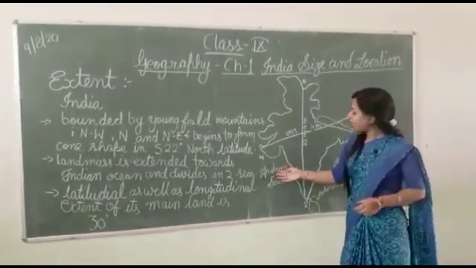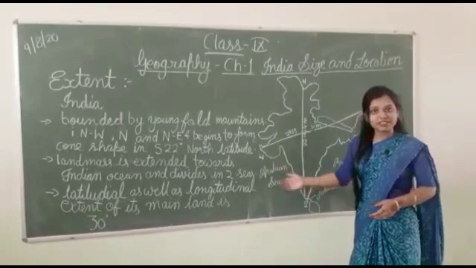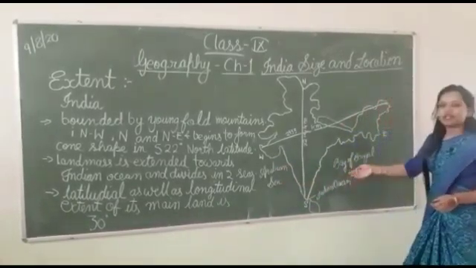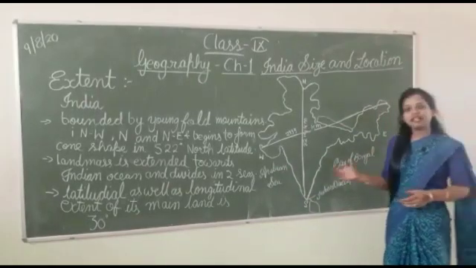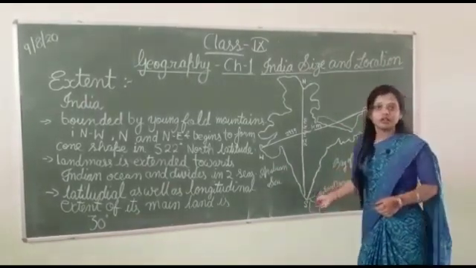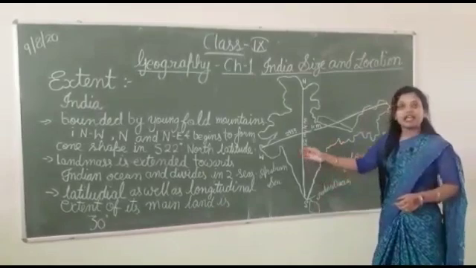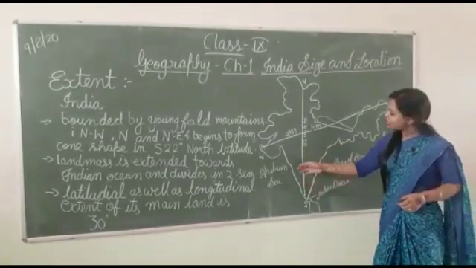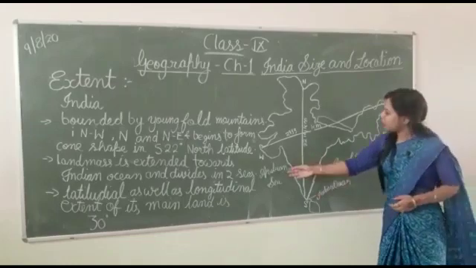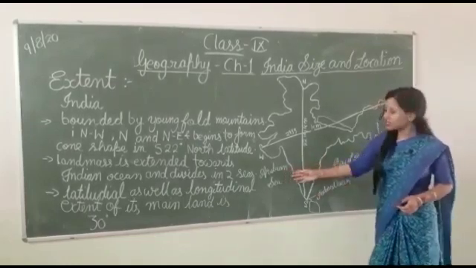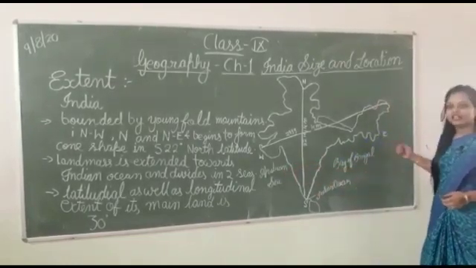First one, the Arabian Sea in the west, and the second one is the Bay of Bengal in the east. Like this, the Indian Ocean and the landmass extension towards the south have divided the water bodies into 2 parts: the Arabian Sea in the west and the Bay of Bengal in the east.